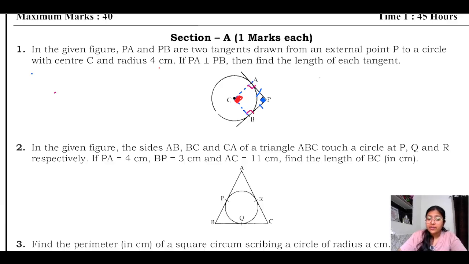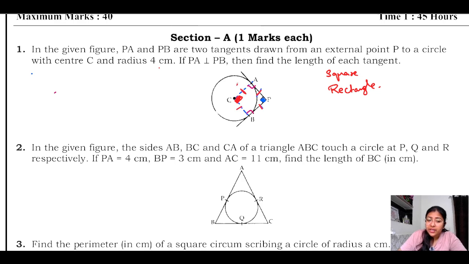Now this quadrilateral is either a square or a rectangle. We know that in a rectangle opposite sides are equal, and in a square all the sides are equal, or we can say that adjacent sides are equal. If in a rectangle adjacent sides are equal, then that rectangle is called a square. Yes or no? Yes. It means this is a square because the adjacent sides are equal to each other.